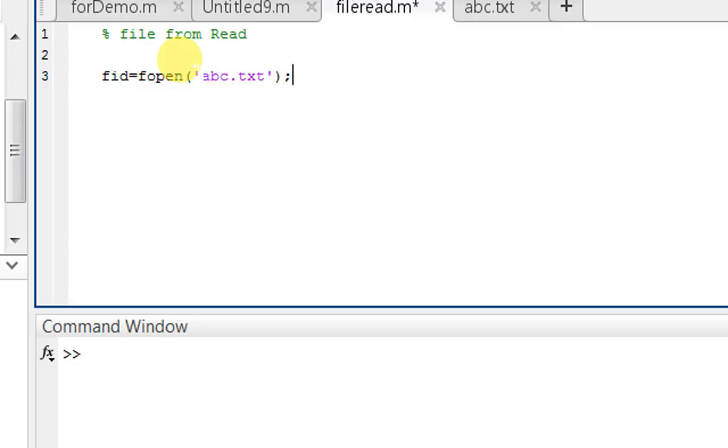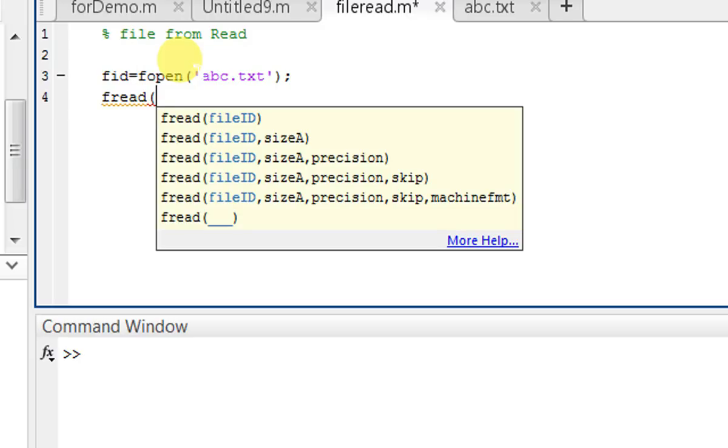Then we have to perform the read operation. For that we use the command fread. Here some suggestion help is given as to which attributes are required to read the file.